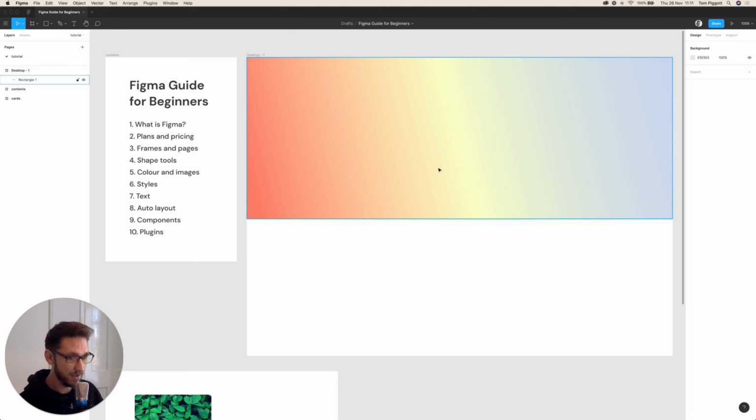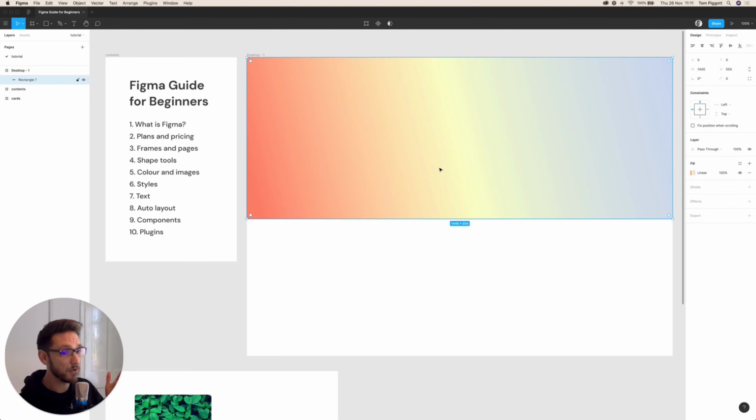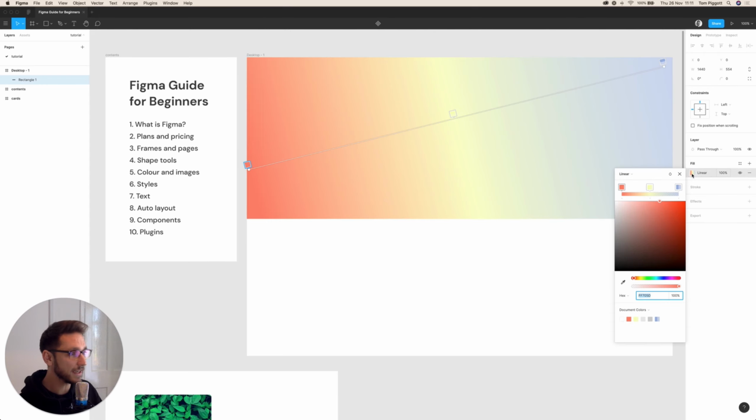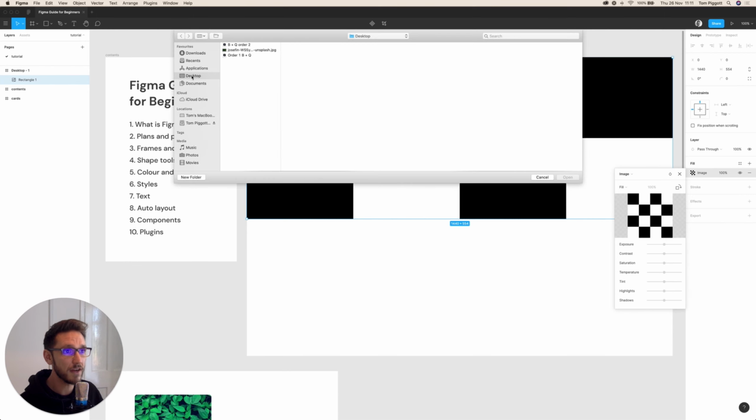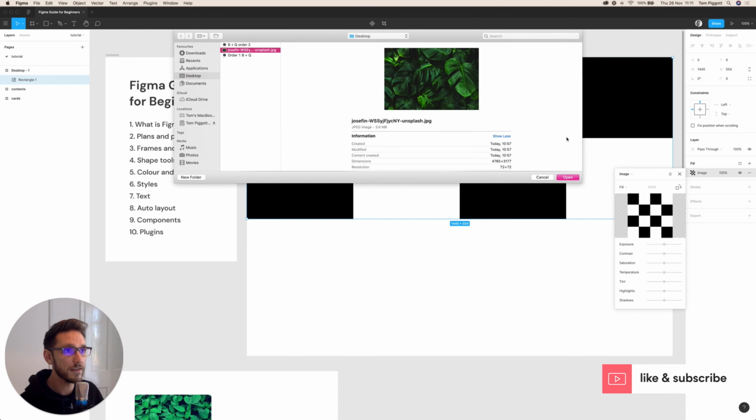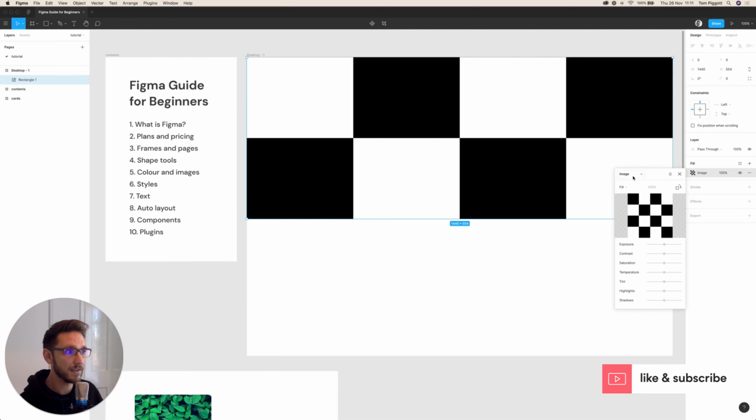Okay, that's gradients. Maybe you want to put an image in here instead. A couple of ways to do this. We can click here in the fill, change it from linear gradient to image. It's going to put this lovely checker pattern in. We can just select on choose image here, and then we can choose one from our files. So let's have a look at this from Unsplash. Thanks, Josephine. We click on here,